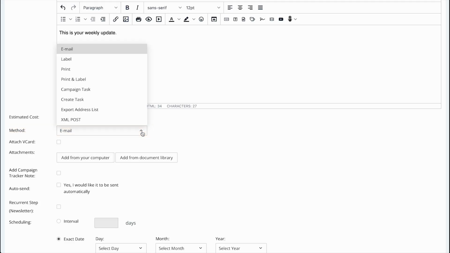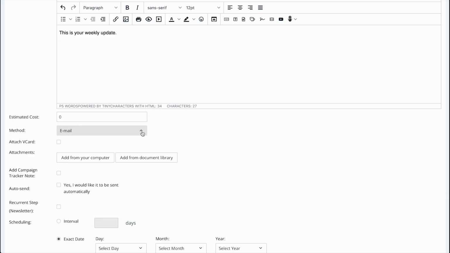If you need to attach a document to this step, you can do so either by uploading a file from your computer or choosing from your CRM document library. The Auto Send checkbox is very important for your marketing automation. This step will only be sent automatically upon its interval or date if this box is checked. If it is not checked, you will need to manually confirm its submission from your pending campaigns list in the